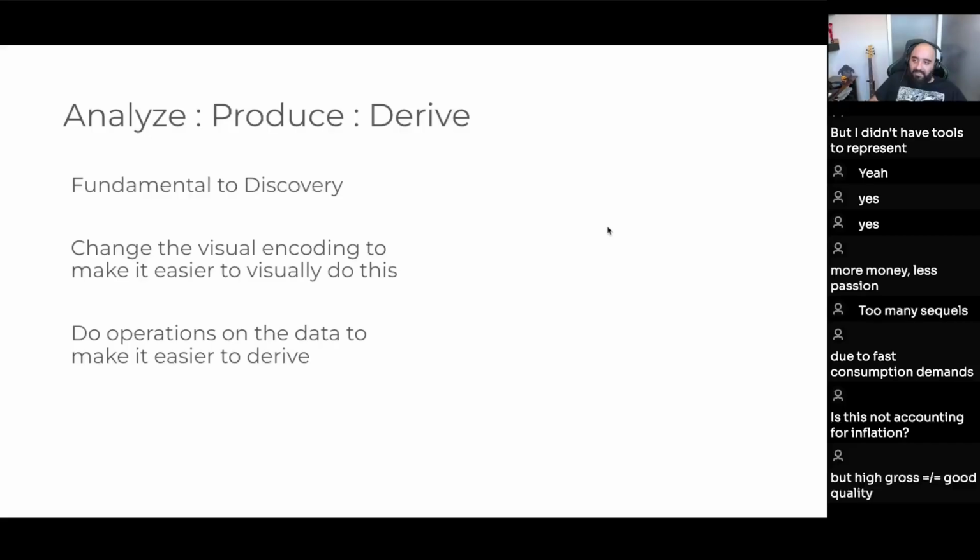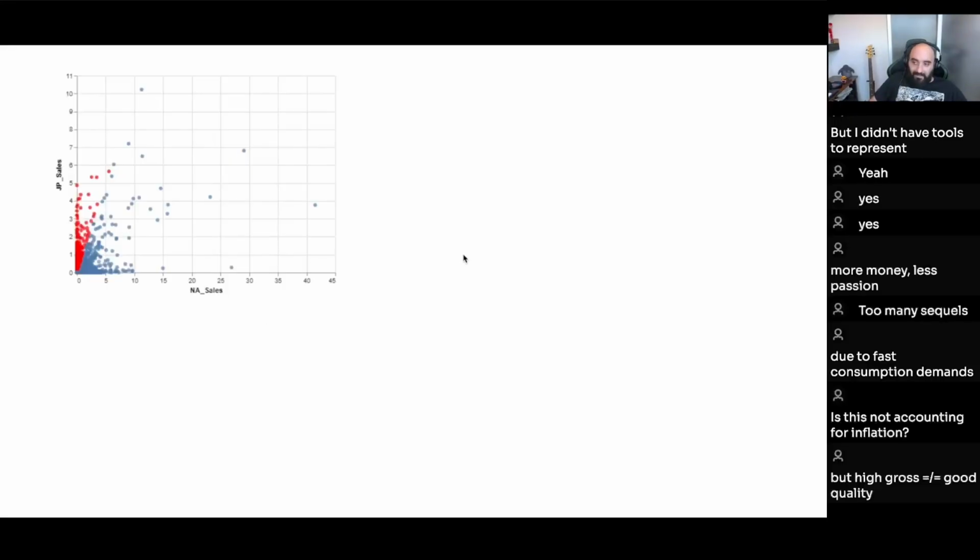Then another action is to analyze to produce new information, and then derive. This is fundamental to discovery. Essentially, it's to change the visual encoding to make it easier to visually do something. We want to do operations on the data to make it easier to derive. Similar to what we just did here. Maybe instead of showing just a scatter plot, you could create a chart like this where it calculates the differences between these, creates a new field, and then visualizes this, right? And I want to show you how to do that